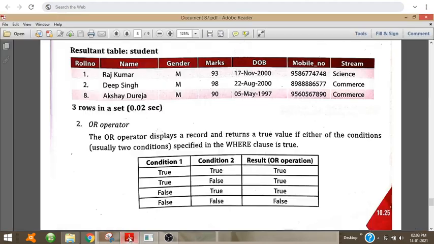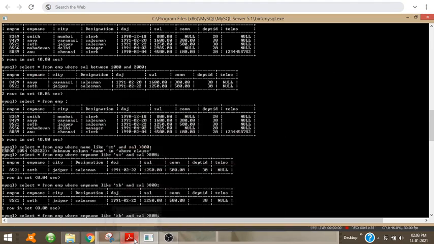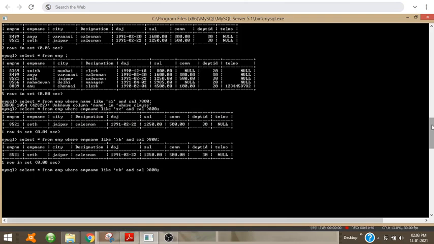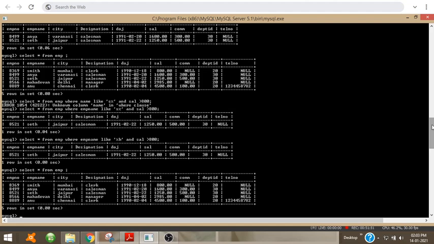Then the next operator is the not operator. So let us take the not operator. Let us see: select star from EMP where, I will give the not operator, that is where city not equal to Delhi.